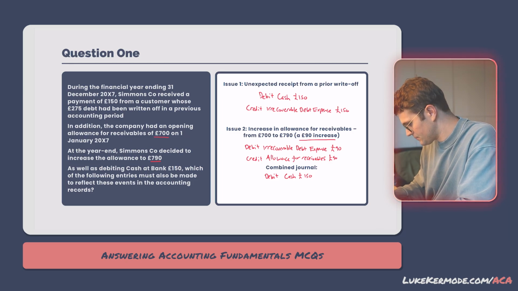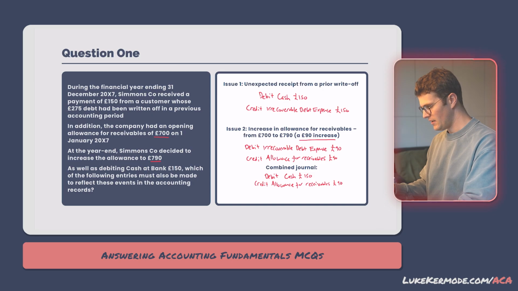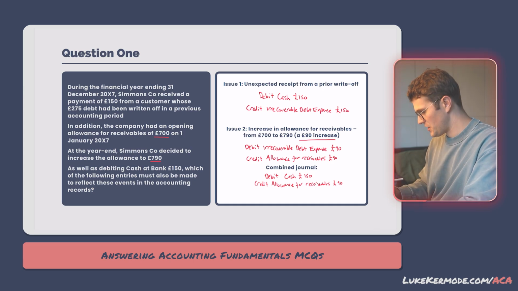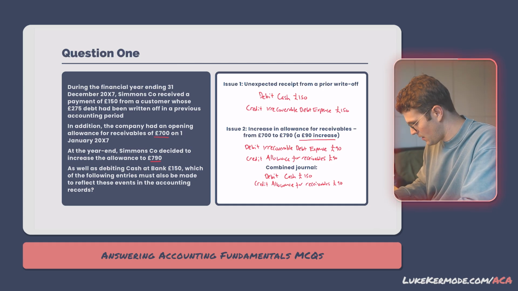We have a credit allowance for receivables of £90, and we need to combine the credit irrecoverable debt expense entry of £150 with a debit irrecoverable debt expense entry of £90, which gives us a net journal of credit irrecoverable debt expense